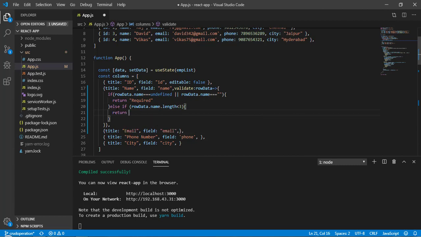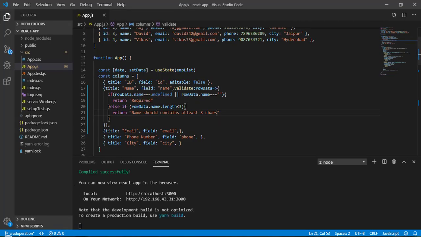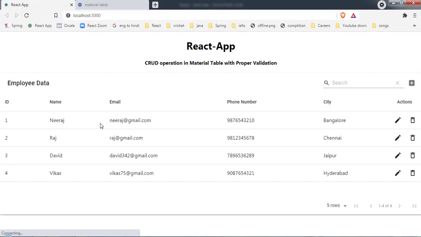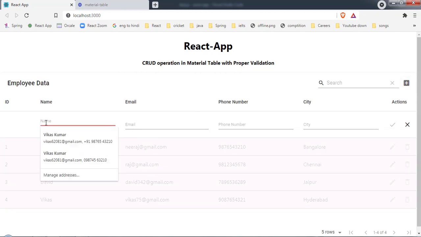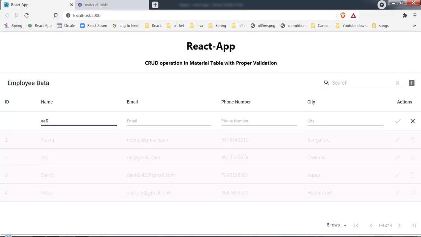So return a message that name should contain at least 3 characters. Now save it and let's come back here, and click on this. Initially we got required, and let's start writing. Here we have only one character, so name should contain at least 3 characters. Now I start typing another one, and we have 3 right now, and we don't have any error.